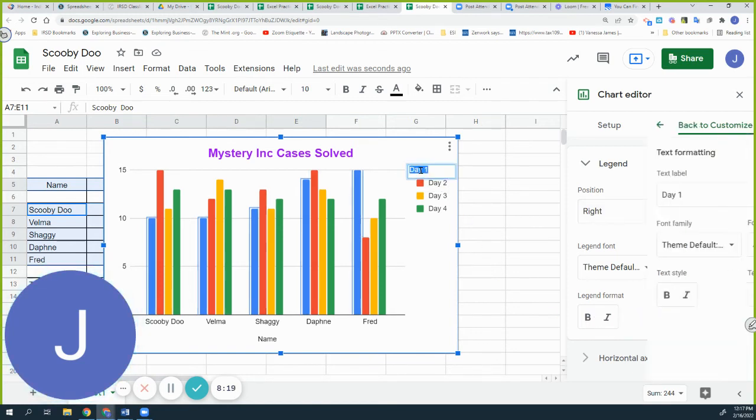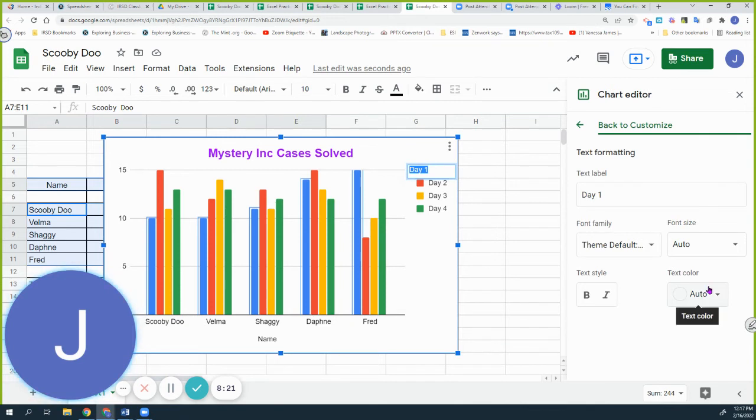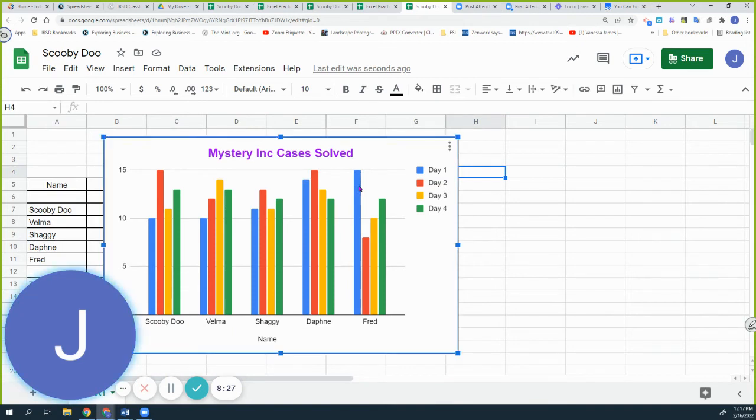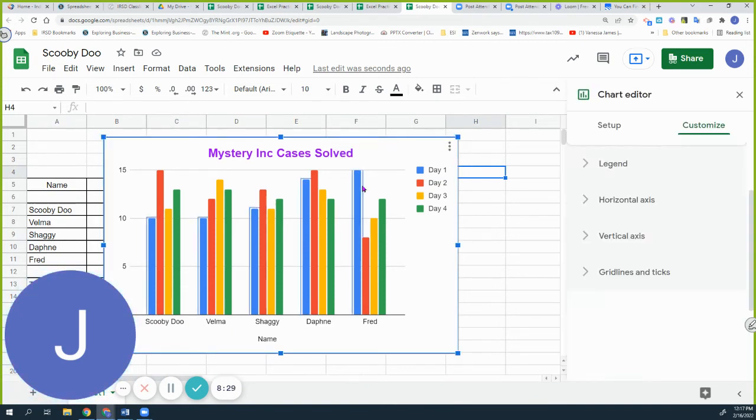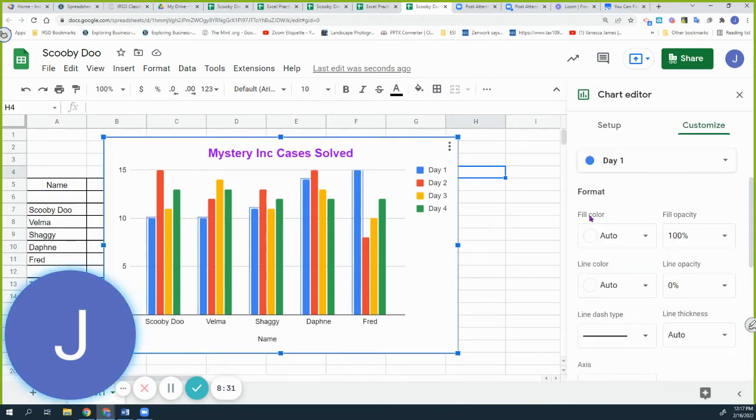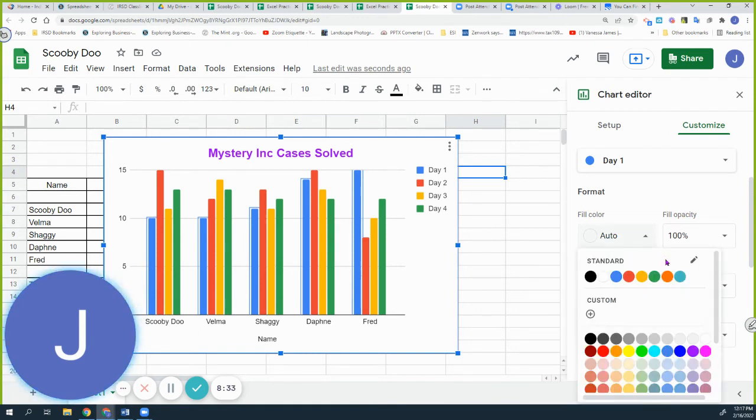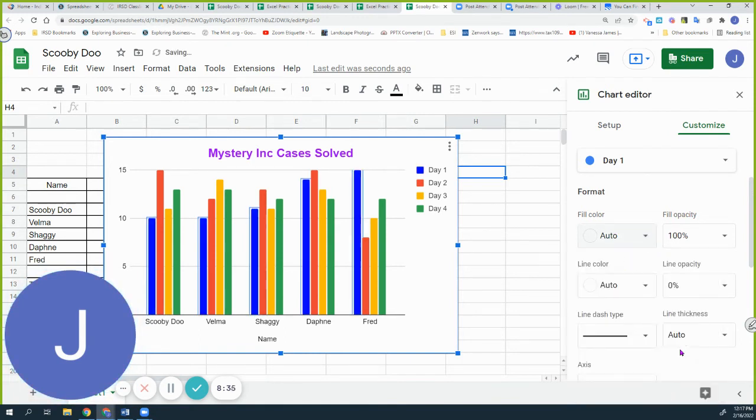Again, remember, if you wanted to change the color of the box, you can do that by clicking on the thing right here, and you can change the fill color to a different color. Okay, so you can change the colors. Now we're going to finish our customization, then I'm going to show you how to change the